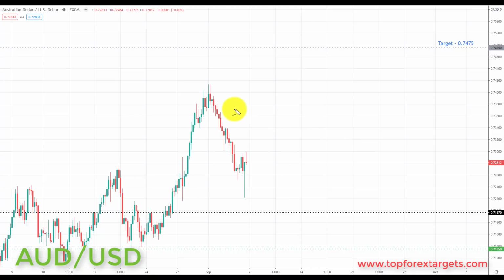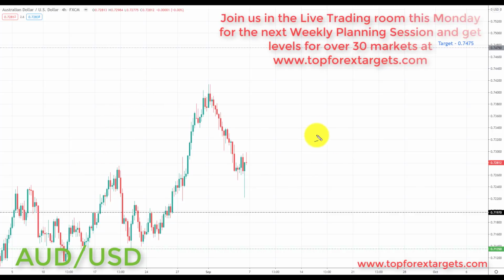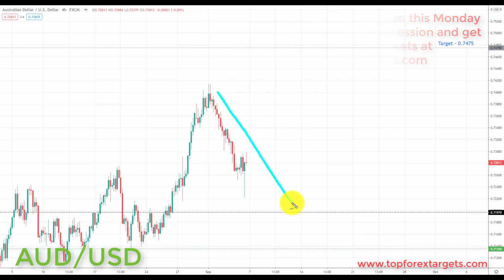So again, I would preference this market over, say, euro dollar, where we're having a struggle breaking through those highs. This pullback is now simply viewed as another opportunity in this market to start to look for bullish setups. And if we start to break out to the upside, this is going to be a great opportunity to start to look for long positions. I'm going to be looking at initiating longs up towards the next key area of resistance to the upside and the target set at